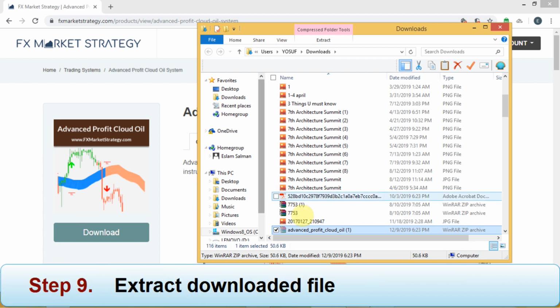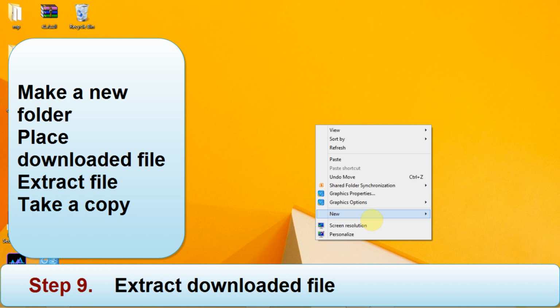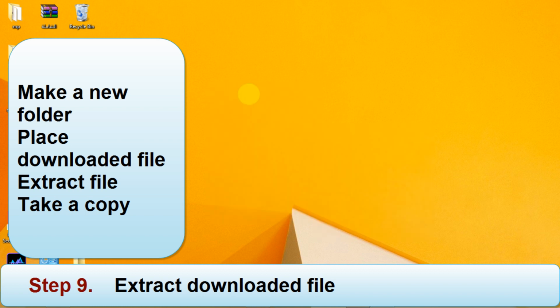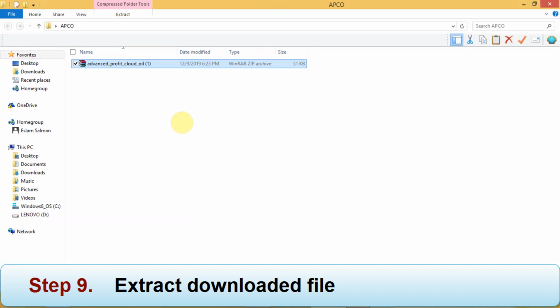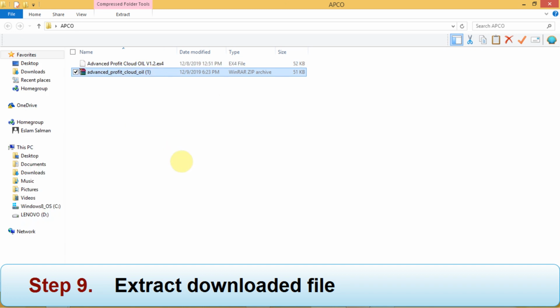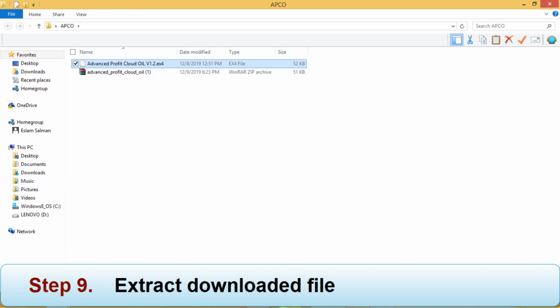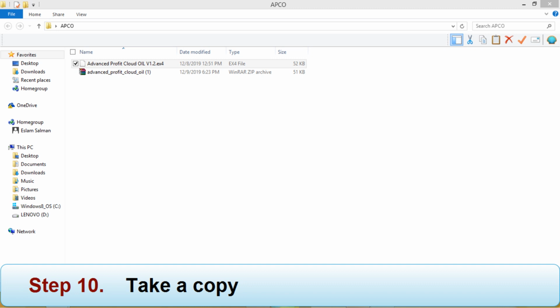Wherever it downloaded, you just cut it and make a new folder for it on your desktop. Place the folder on your desktop like that, then you just extract it. So it will be extracted here. Then you're gonna take this copy. You're gonna open your MT4